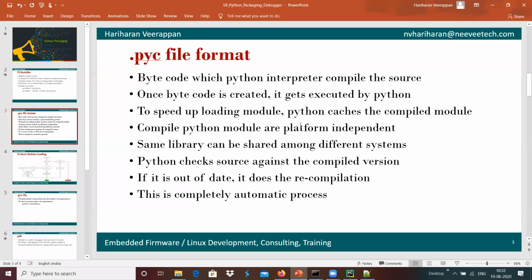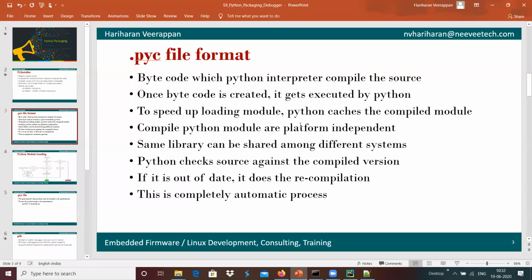Whenever we run our application, it checks our source code against the compiled version, and if it is out of date, it does the recompilation. If it is not out of date, it does not do the recompilation.